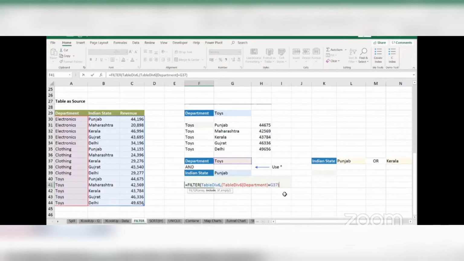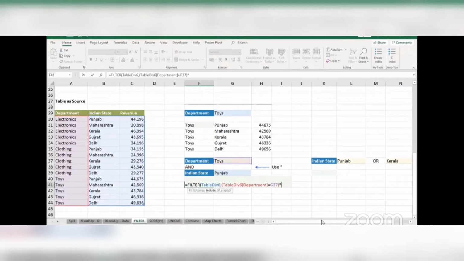Now, if I want to add another criteria, which is a combination of and, so this and this, we need to separate both the criteria using a star sign, an asterisk here. All right. So I will have to add an asterisk in the middle, the star sign here, and then enter the second criteria again in round brackets.